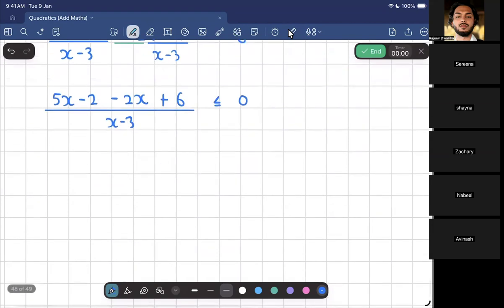Great. We need to simplify the numerator now. What x terms are you seeing in common? 5x and 2x. So what is 5x minus 2x? 3x. Okay, what numbers are you seeing in common? 2 and 6. What is negative 2 plus 6? Plus 4. So now we have 3x plus 4 all over x minus 3